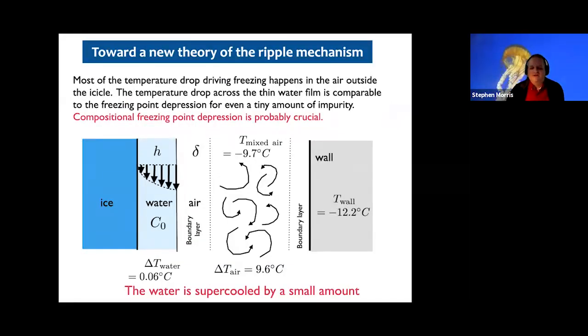I'll talk a little bit about the theory, but I emphasize that the theory is in a state where it really doesn't work. Why would adding an impurity have anything to do with growing or not growing ripples? Well, it's because if you add a small level of impurity,